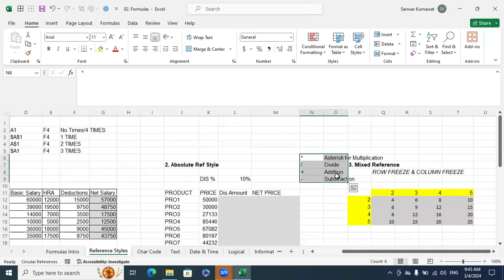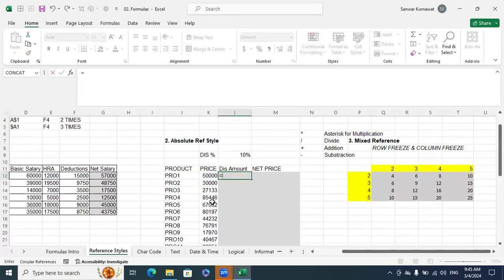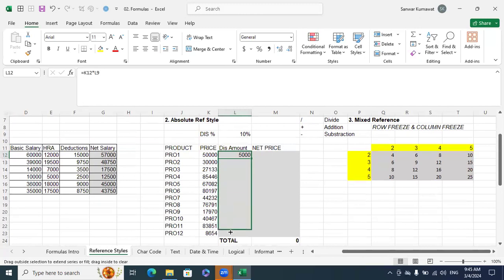Yes. So now 10% I want to calculate on 50,000. 50,000 multiplied by 10%. Done. If I drag it down, see, 5,000 is working fine, but if I put my cursor on the 0,